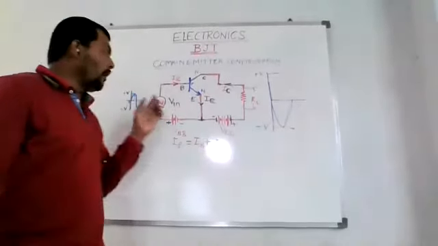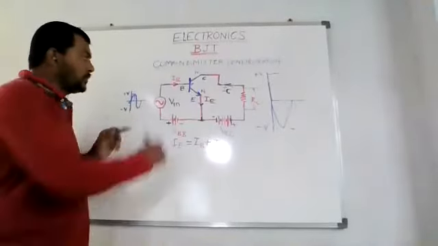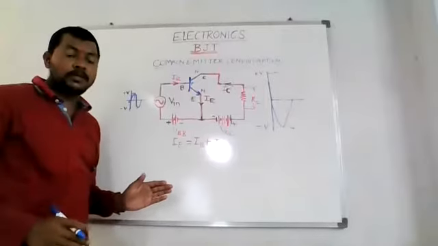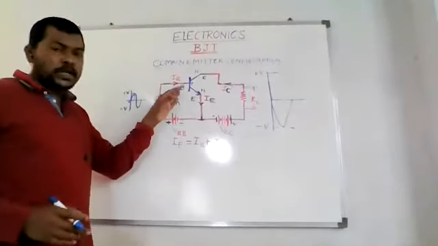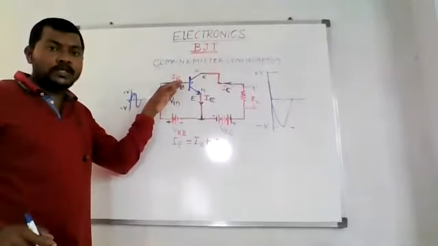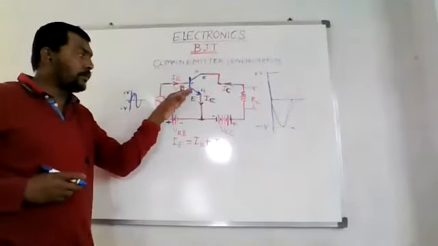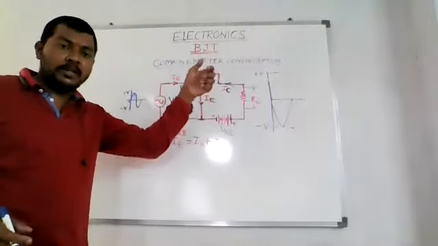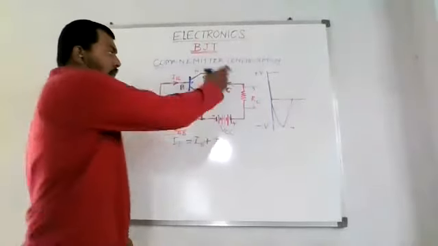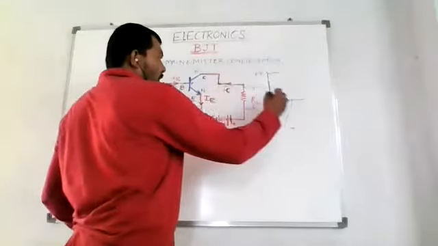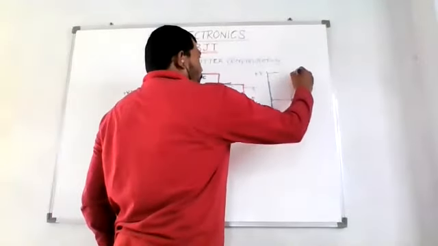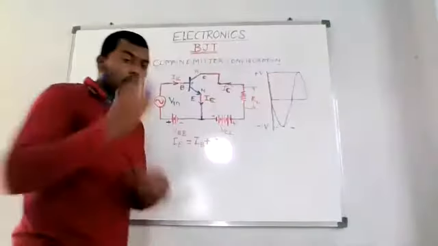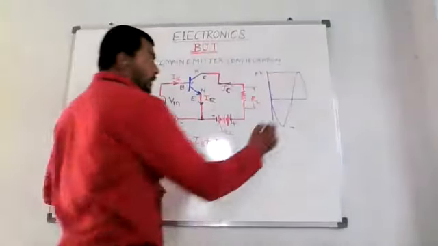Negative half cycle. And when we have the negative half cycle, what happens? The forward bias of this emitter base junction will be reduced, due to which there will be a small amount of charges induced by this emitter into the base, and this collector will be getting fewer charges. Accordingly, less current is going to flow through this, and a positive peak will appear in this portion. So as we are able to see, this will have a 180-degree phase shift.